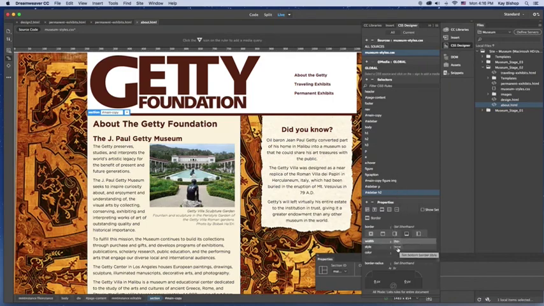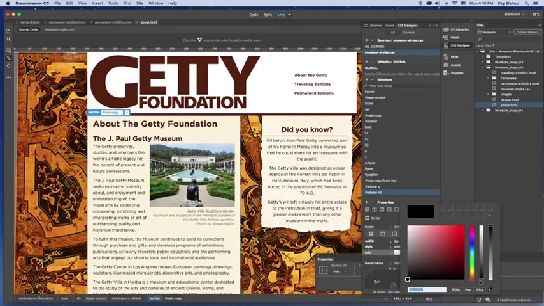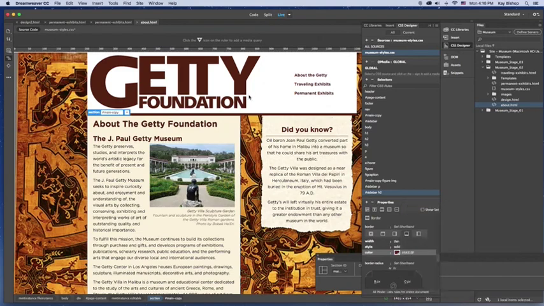The border bottom style of solid, and the border bottom color using the brown from the logo. One more descendant selector, drag the properties down,